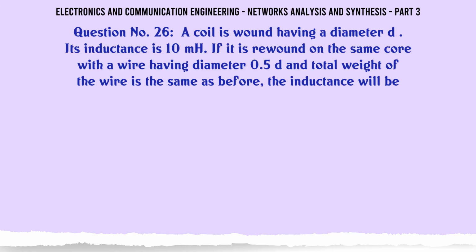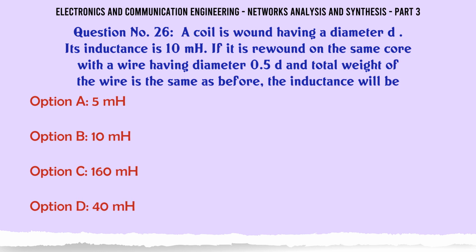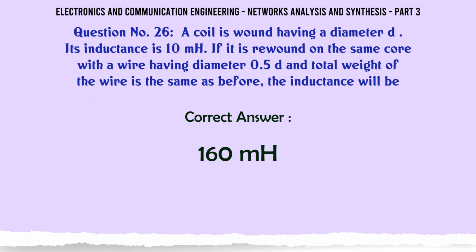A coil is wound having a diameter D. Its inductance is 10 mH. If it is rewound on the same core with a wire having diameter 0.5 D, and the total weight of the wire is the same as before, the inductance will be: A 5 mH, B 10 mH, C 160 mH, D 40 mH. The correct answer is